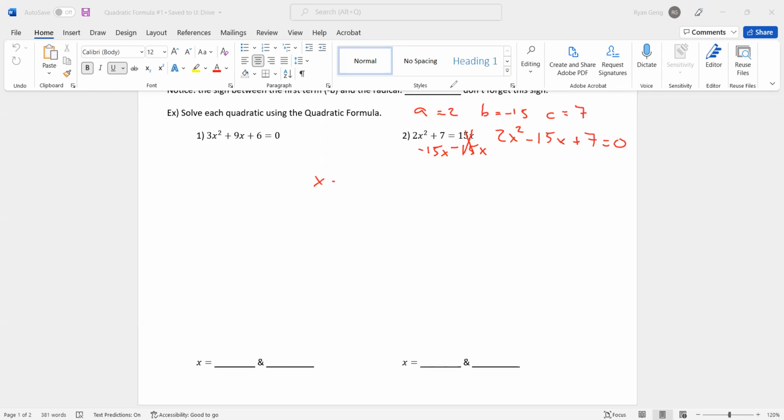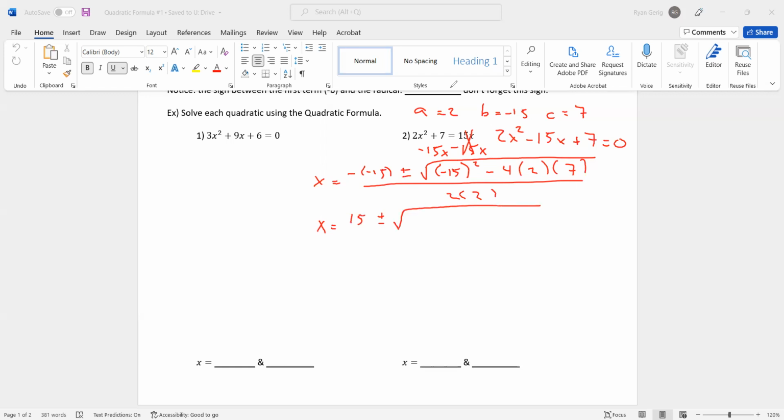All right, so now I'm going to go over here. X equals negative blank plus or minus the square root of blank squared minus 4 blank blank, all over 2 blank. And now it's just fill in the blanks. B is -15. Again, it's -15. A is 2. C is 7. And A is 2. So -15 makes +15 plus or minus the square root of -15 squared is +225